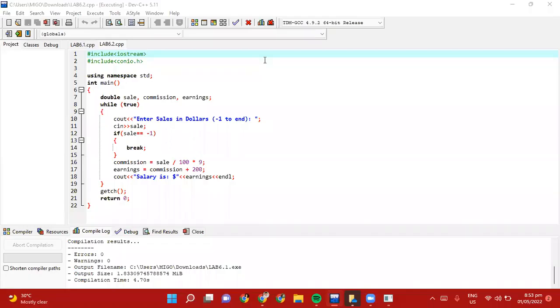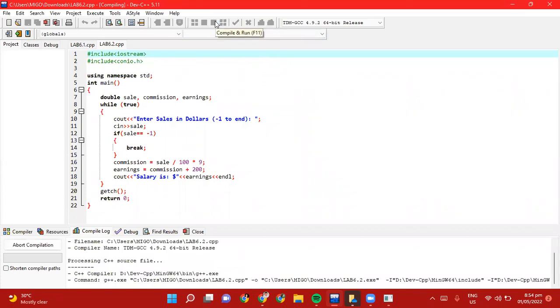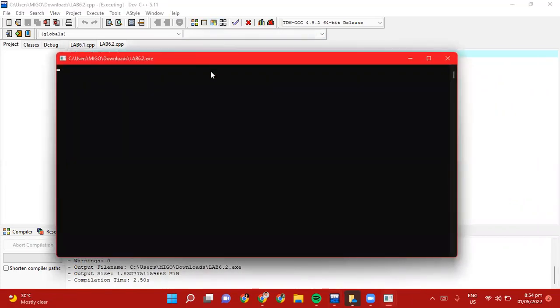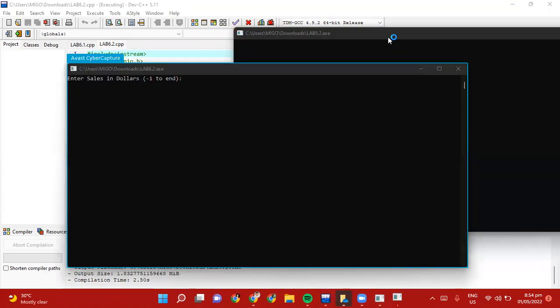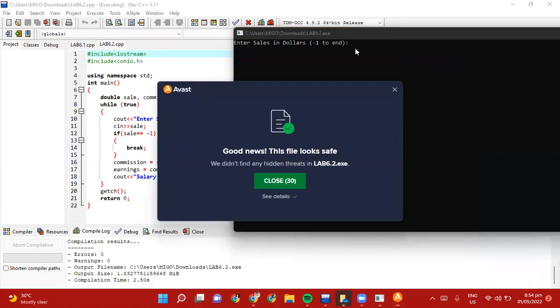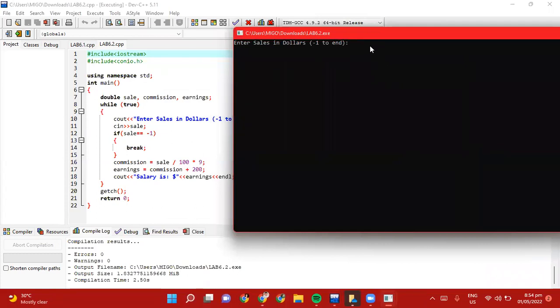So now we are in 6.2. We're gonna run and compile this. Activity 6.2, we're gonna run and compile. 6, 5, 7. So as you can see,